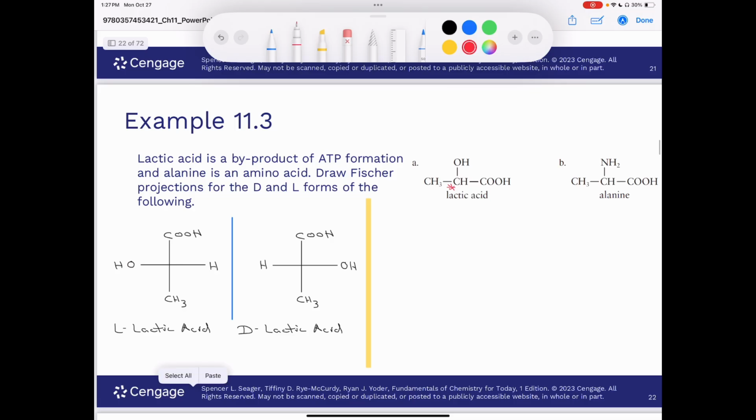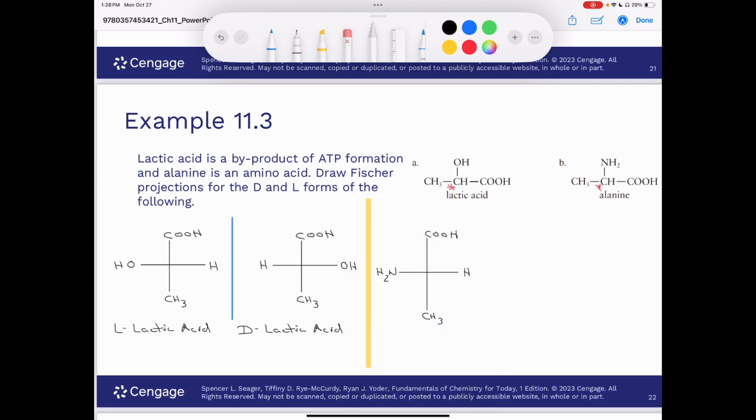Okay, now for my alanine, here's my chiral carbon. It's similar to the last problem in that there's a total of 3 carbons in the molecule. So for my alanine, I don't have an aldehyde, but I do have a carboxylic acid, and that has a carbonyl. I'll put that in the top. I'll put my CH3 group over here. And so for my L-alanine, I'll put my amino group on the left-hand side. And then for my